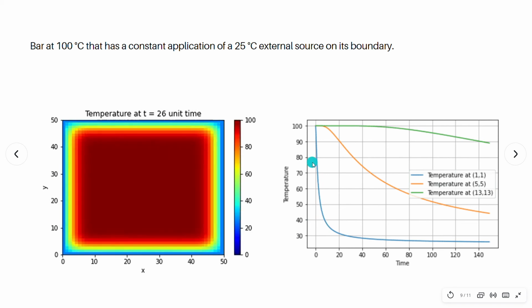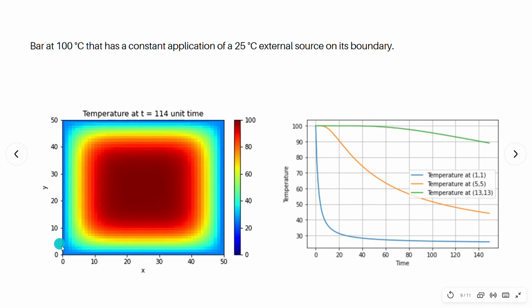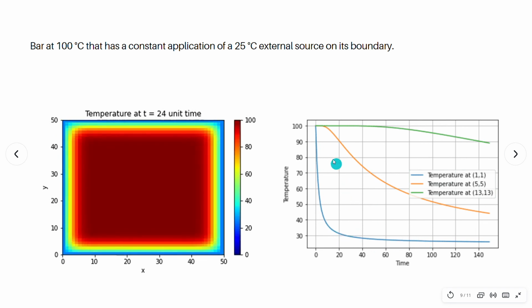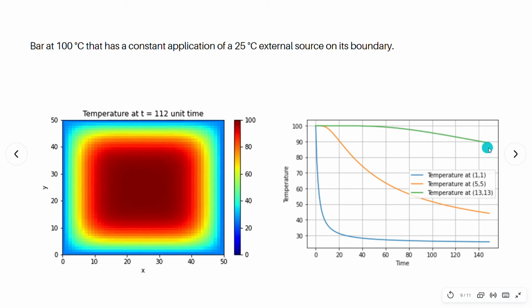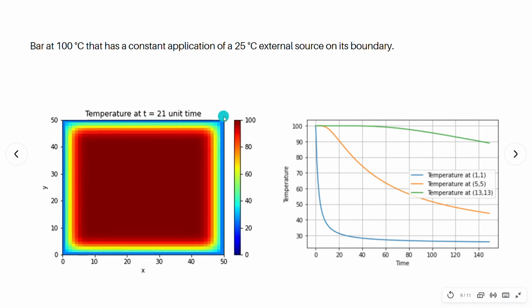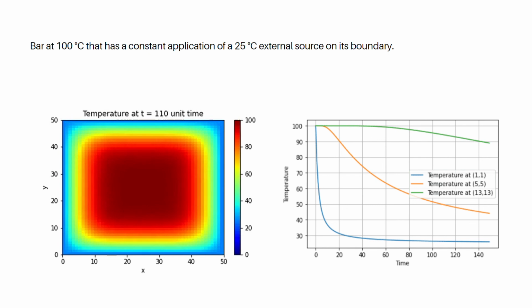And if we compare the temperature at different points within this block, we see that the temperature at the boundary point, that is here 1 comma 1, this line, the temperature varies a lot as compared to the point in between. And if we go further deep into the block, we see that the temperature variation is much less. This happens because the external temperature of 25 degrees Celsius is at its boundaries, and we see a greater temperature difference at the boundary. That is why we see such a pattern.